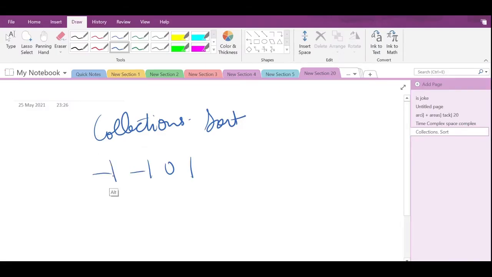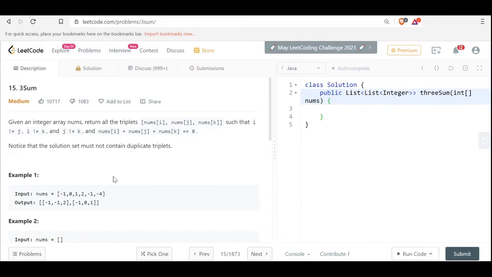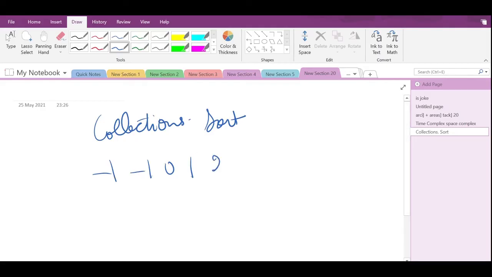Here we have minus 1, 0, 1, 2. I'll keep one pointer at the start and one pointer at the end.